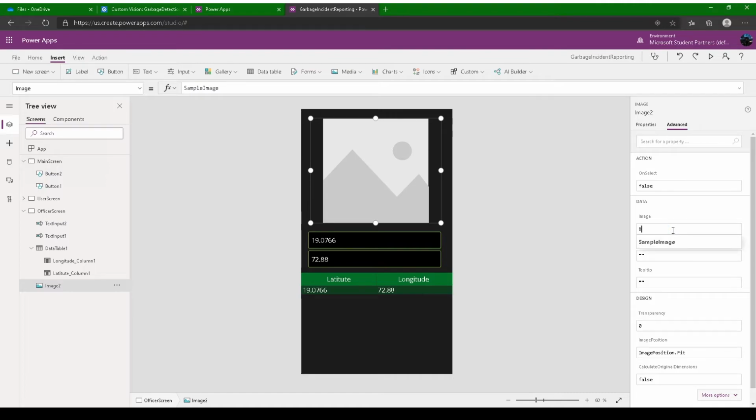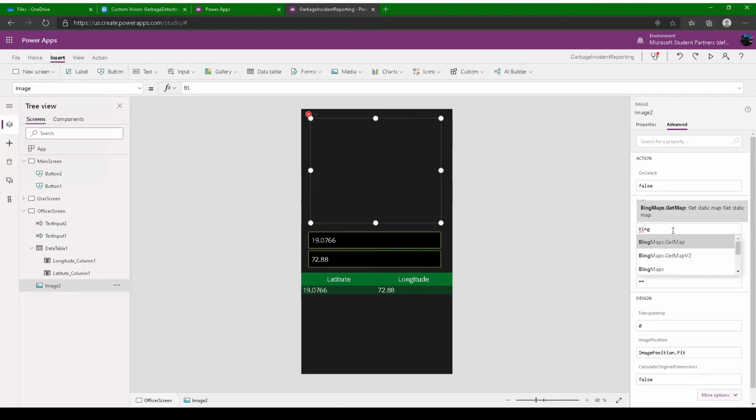So we'll do Bing maps, get map, don't forget, get map version 2, and it would ask, there are so many things you can do. So we need a satellite image of the location. So we'll click aerial, and then the zoom level. We can keep the zoom integer level from 0 to 21, 0 being the farthest and 21 being the nearest. So we'll take something like 18.